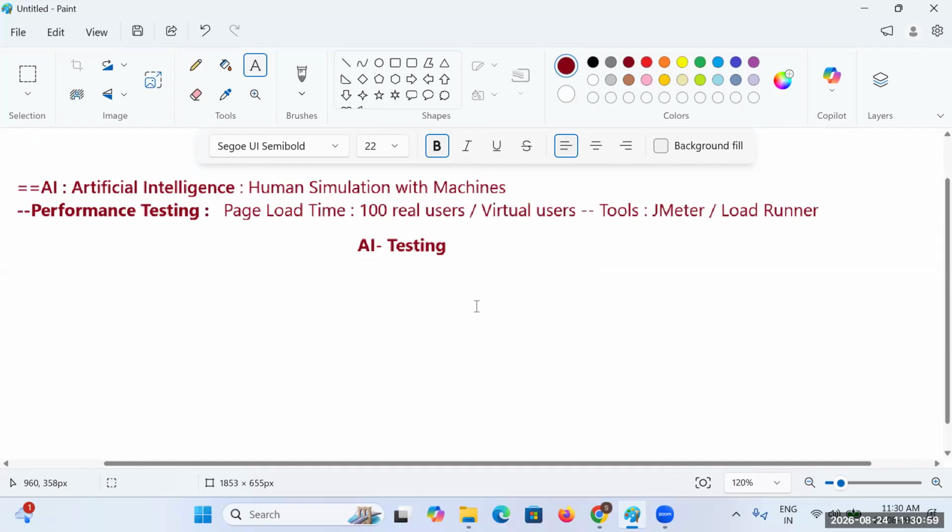Please be very clear, guys: by learning only AI testing, you never get a job. There is no chance of getting a job.